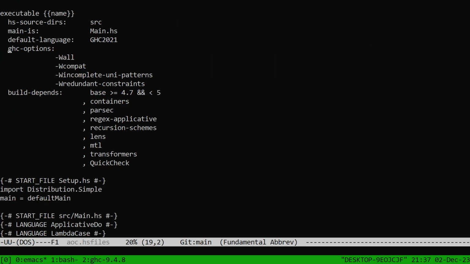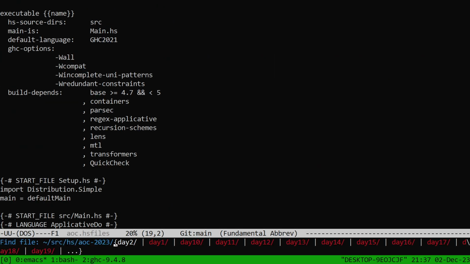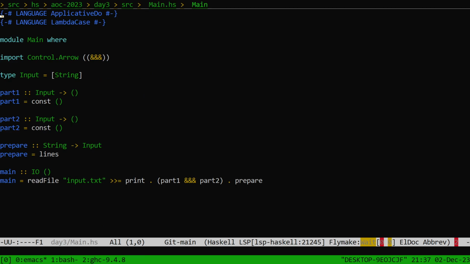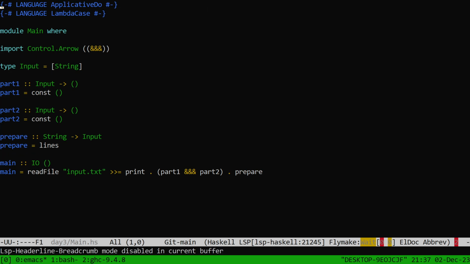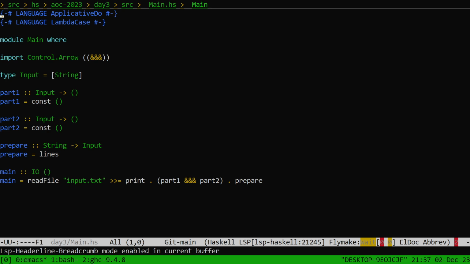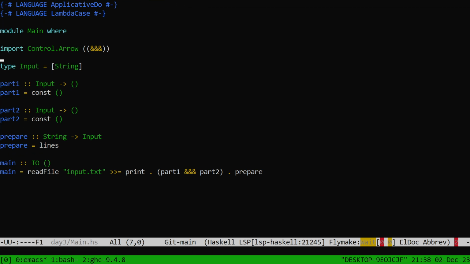All right. Where am I in Emacs here? Day 3 source. LSP header. Yeah, breadcrumbs off, please. Oh yeah, and it just popped up a thing to remind me what weird keystroke that's assigned to. Control / TB. Like, are you kidding me? Who's gonna remember that? Anyway,